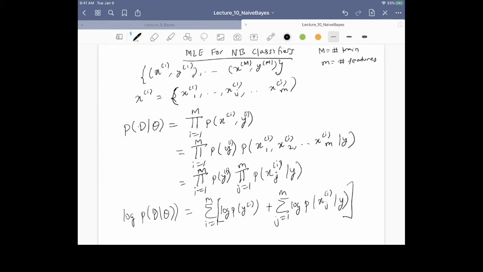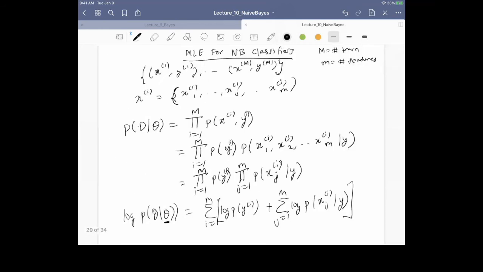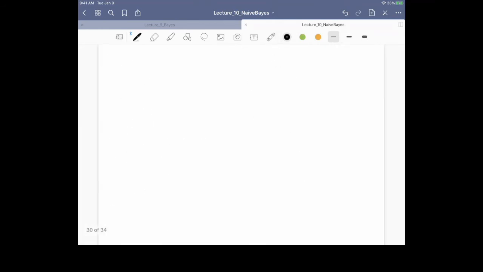Okay, so now comes the part of the real magic. This is the expression now, but what are the parameters? I've not yet spoken about them, I've just introduced the likelihood. I've not yet introduced what the parameters are, right? So I'll just create another slide. Okay, so just recall this expression. Now my parameters, as I discussed, define phi_y to be basically the probability of y for every label y in capital Y, right?